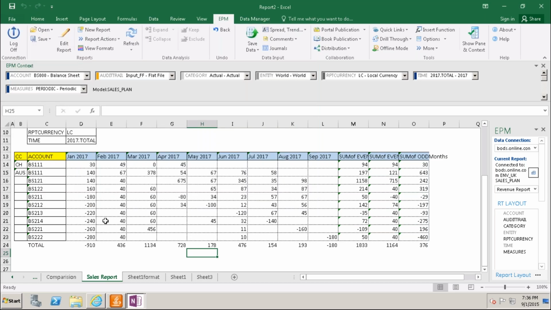Here we don't have the hierarchy format, so I cannot explain that.